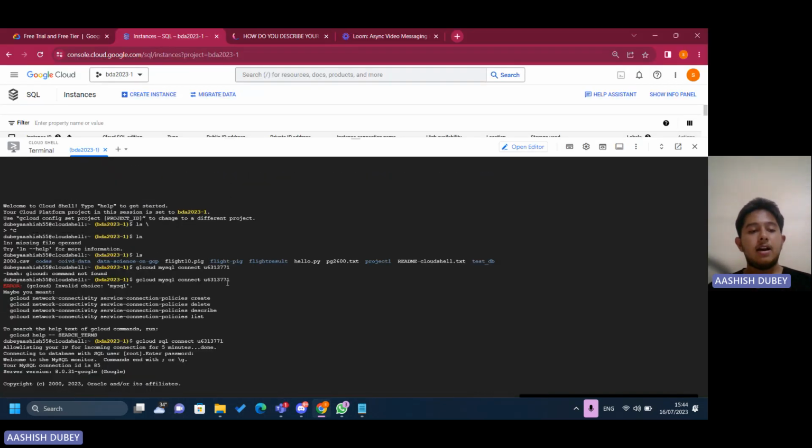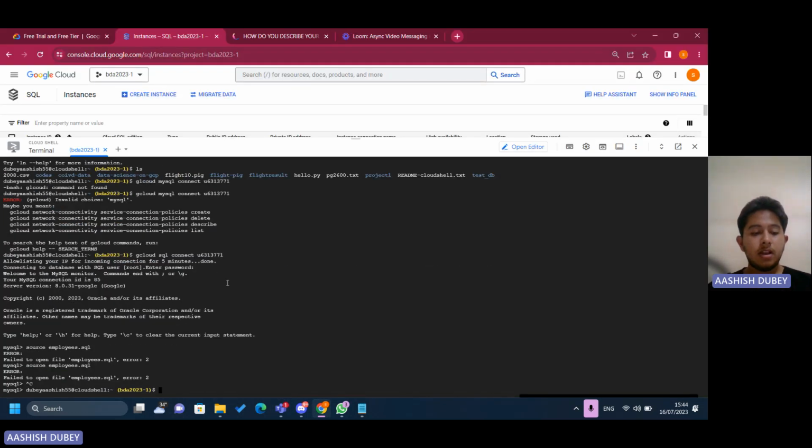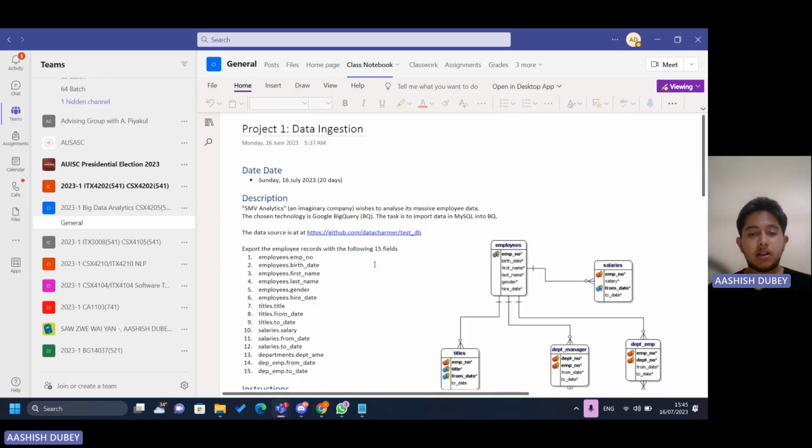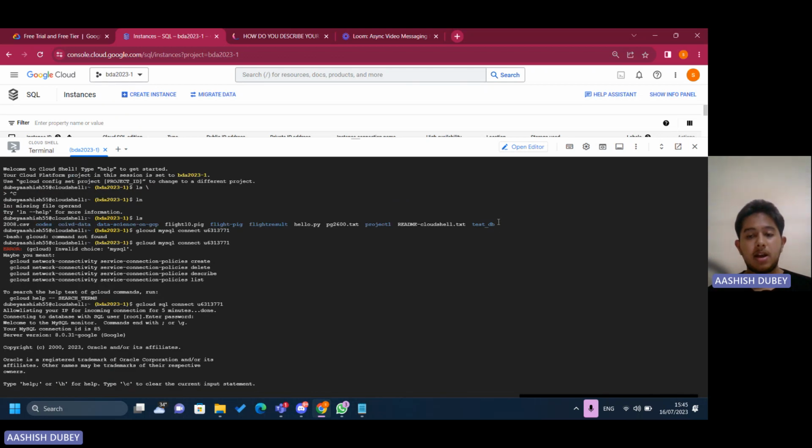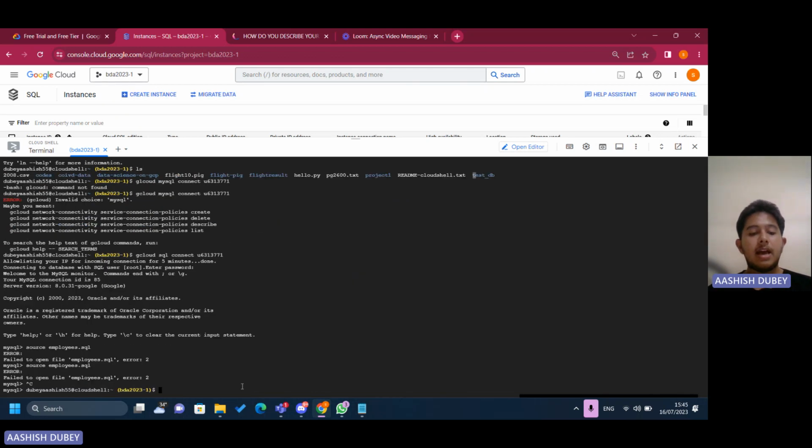So before that, we actually use the git clone command, git clone, and then the link of the GitHub of our data. We have to clone it into our console, and I have actually done it. Here is my test DB. And after that,